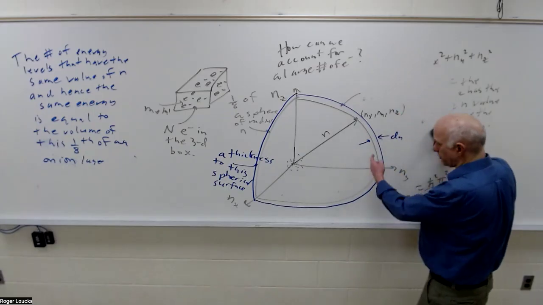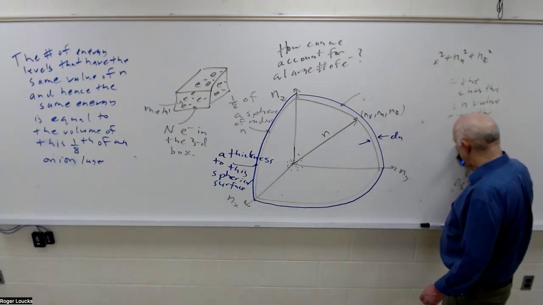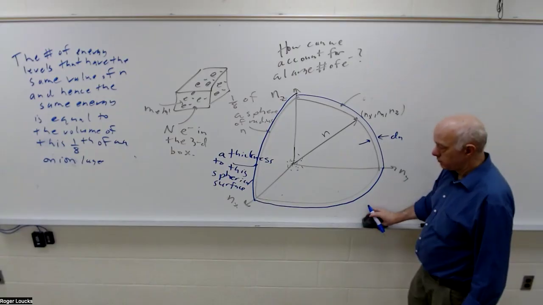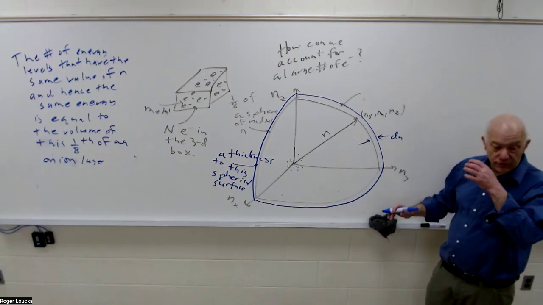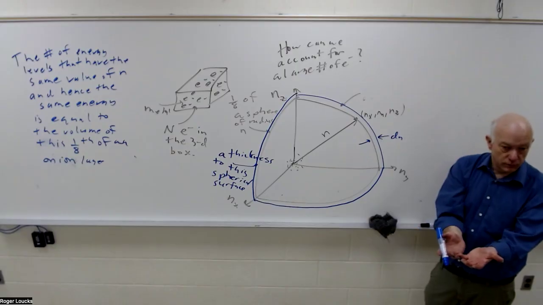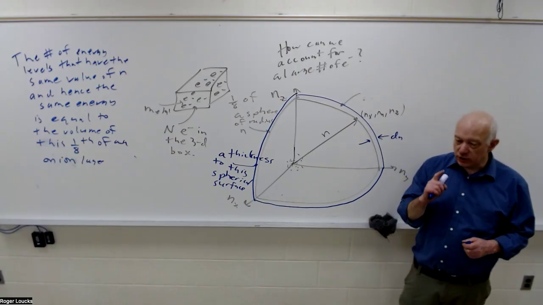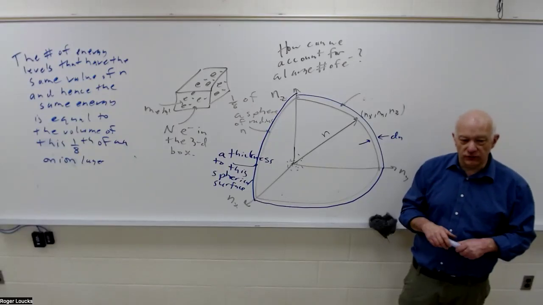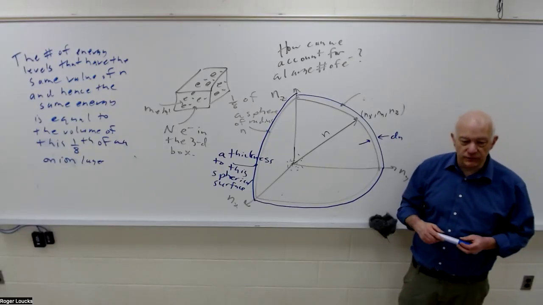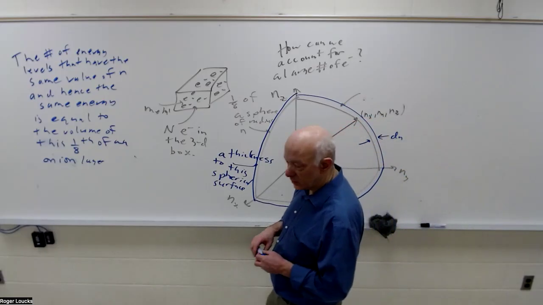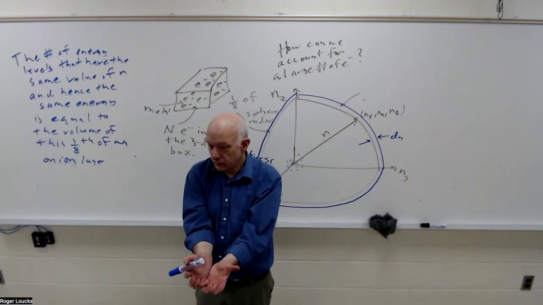So what would be the volume of this onion layer here? Imagine I had the whole sphere, not just an eighth of it. It's the larger sphere minus the smaller sphere. You could do that with calculus, and it reduces to something simple. I'll give you a hint. Think back to physics 126, when you had variations on this, like in Gauss's law. You do the surface area, which is